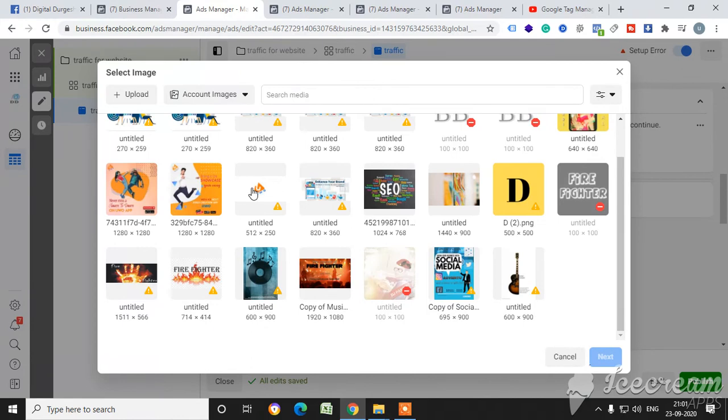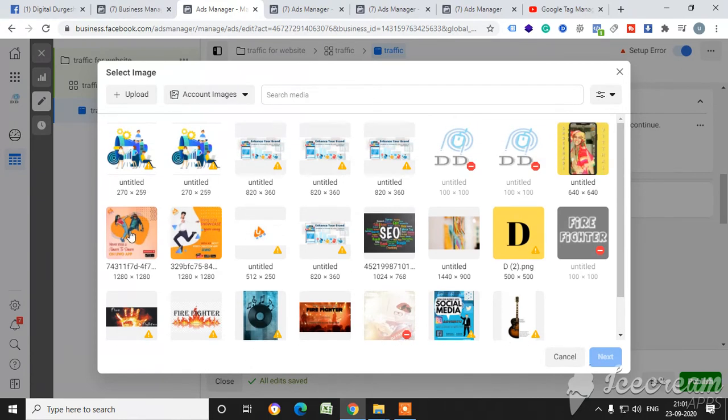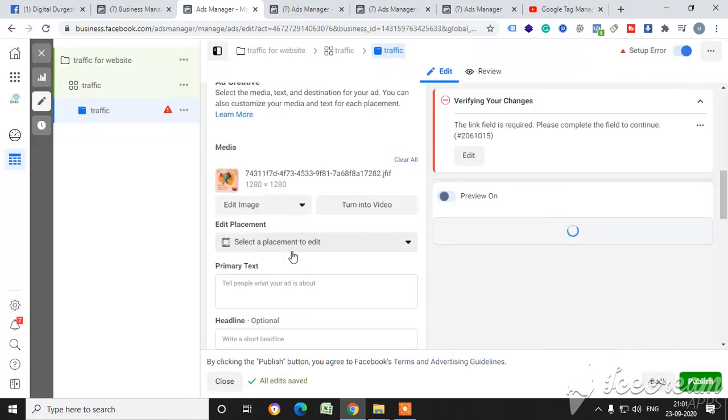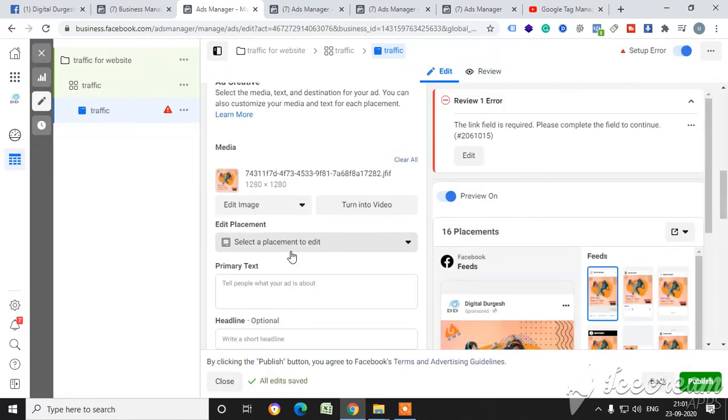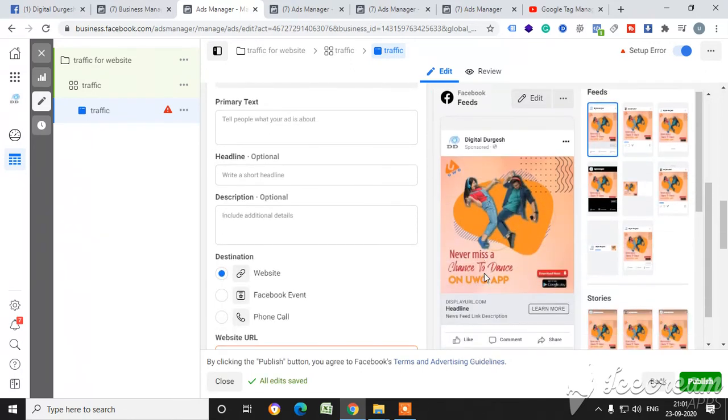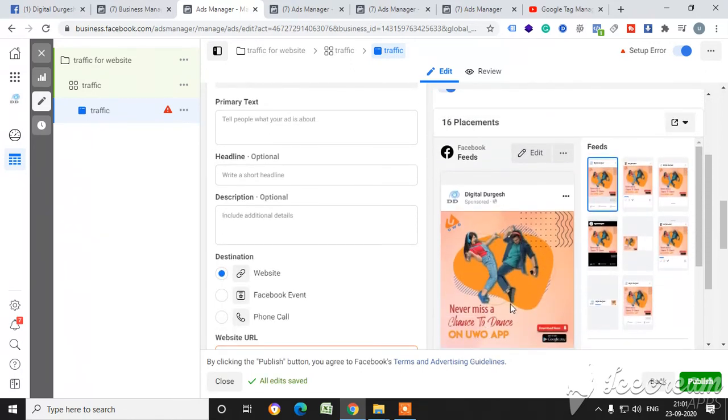For suppose I want to select this. If you select this, see, this is a preview of the ad.